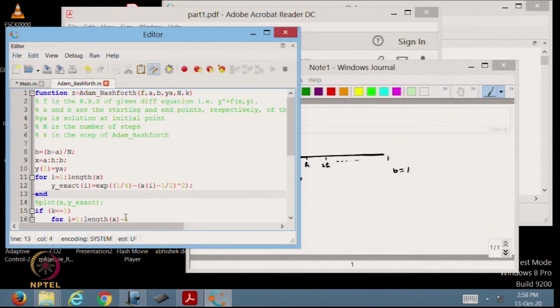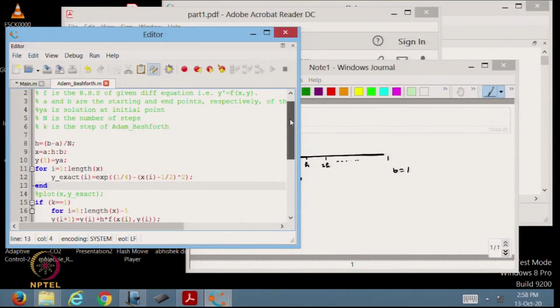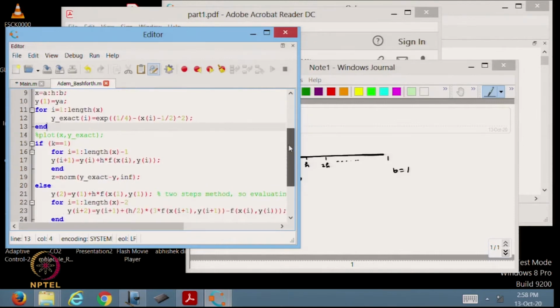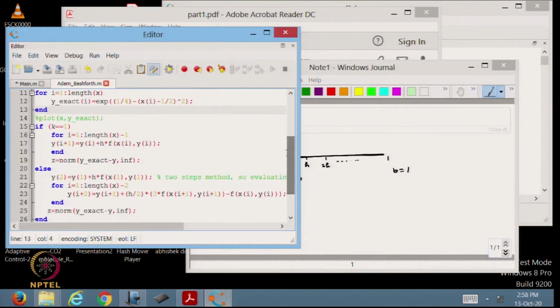We are also implementing the exact solution so that we can compute the error. And then we have chosen an if else command to categorize based on different steps.